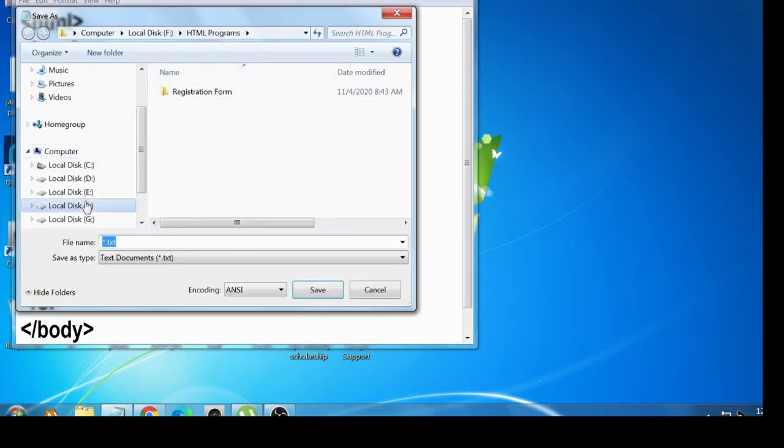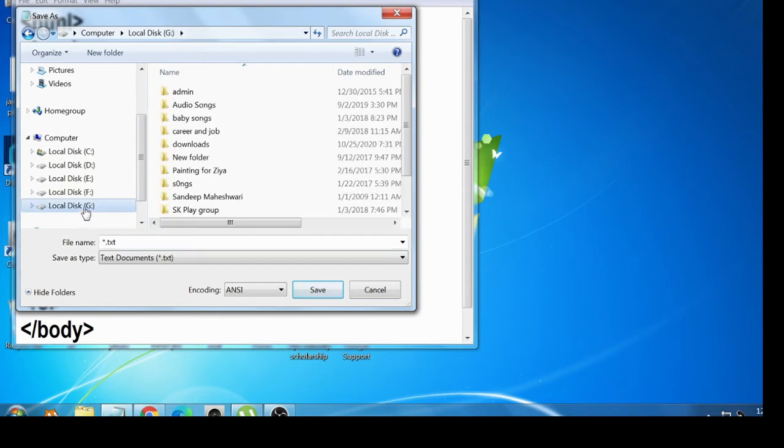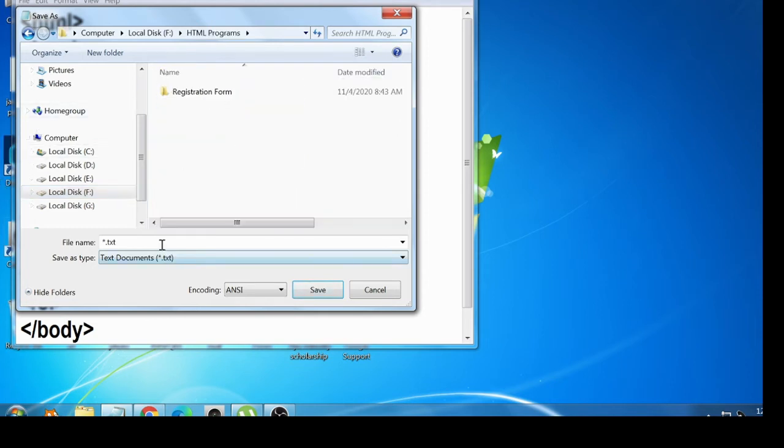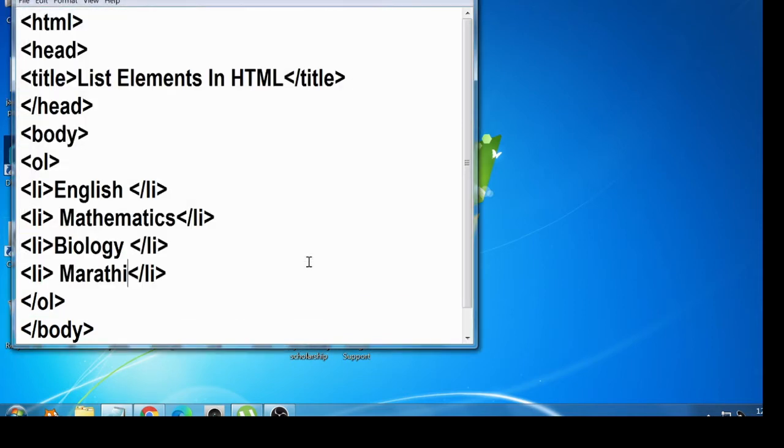Save this file. Select the folder. First of all, select the drive, then select the folder. Give the name, that is list element. Elements.html. .html is the important extension for creating a web page. Save this file